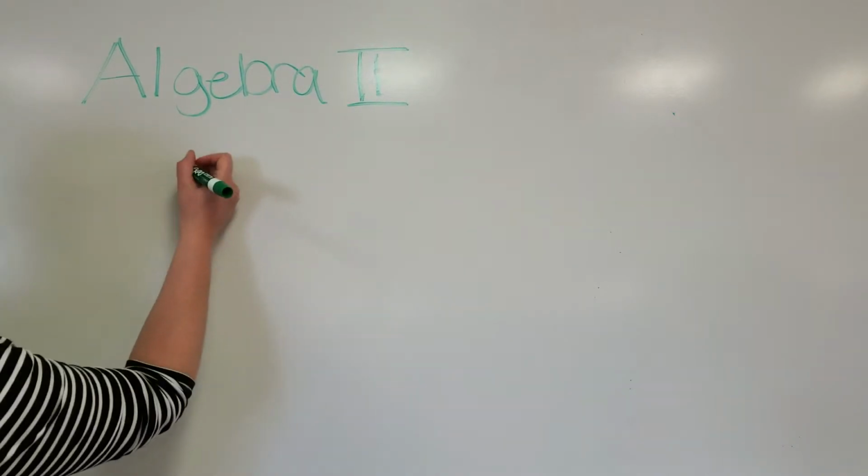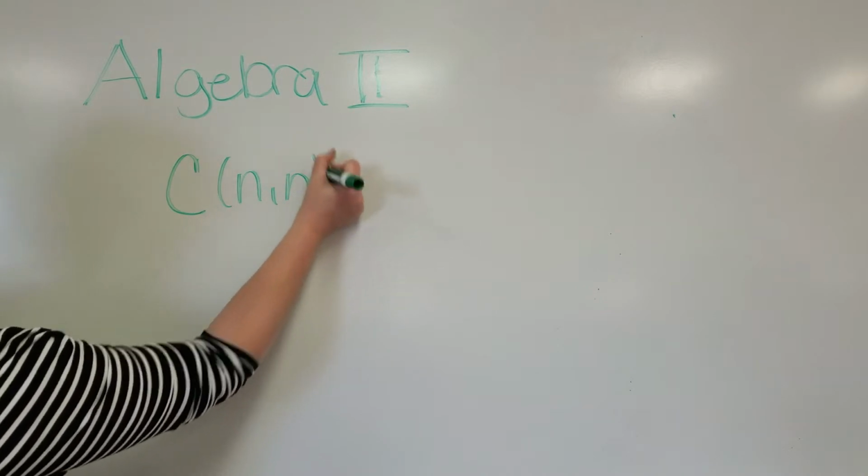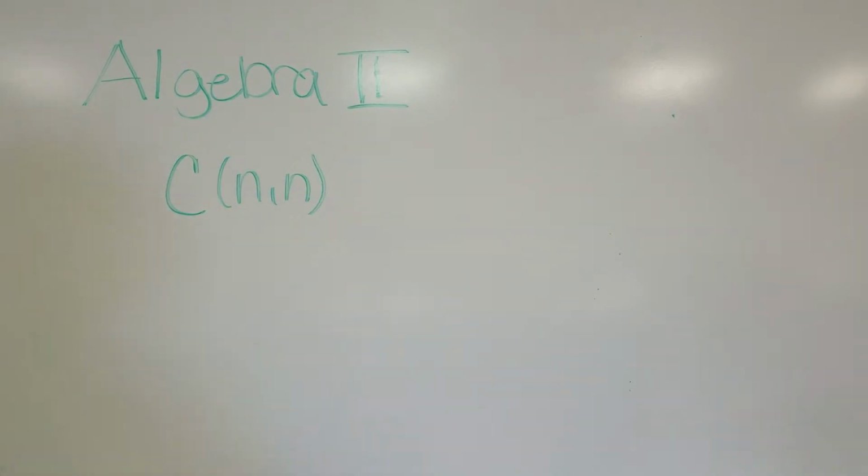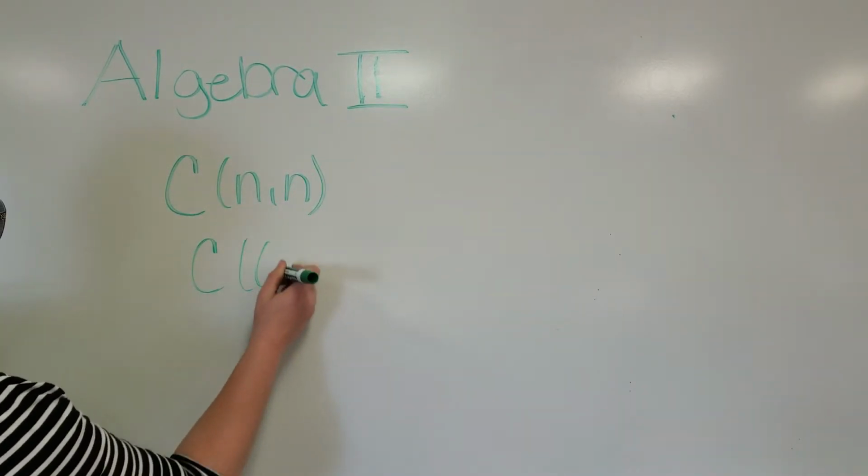Problem number 13 is a combination with n. Now, this one, you do have to do the full formula to solve it. They don't tell you that the formula is n factorial because it doesn't work. But when you do this equation, which they tell you 6, 6, every time you do this, the same thing's